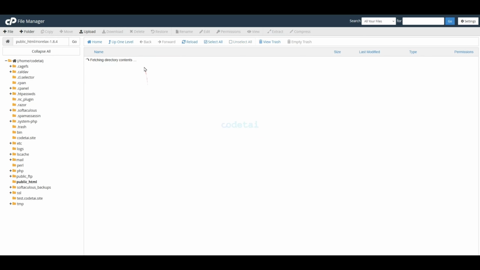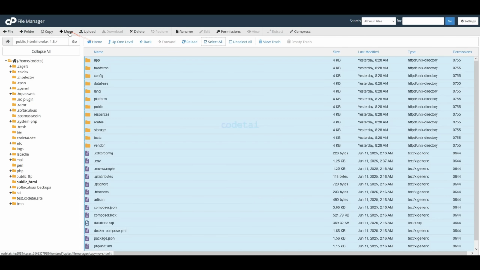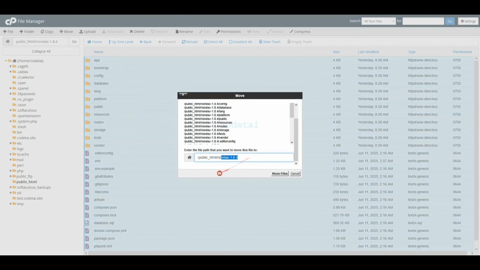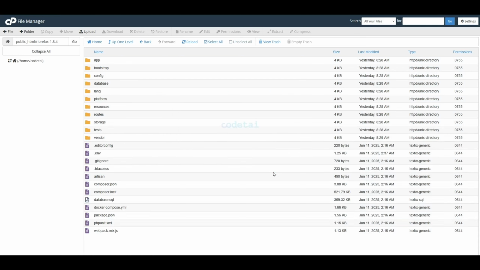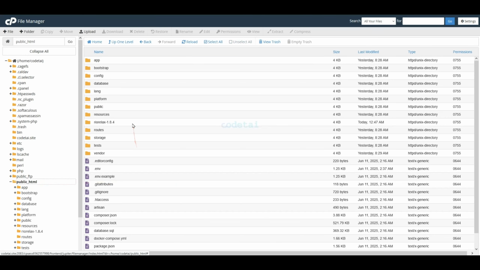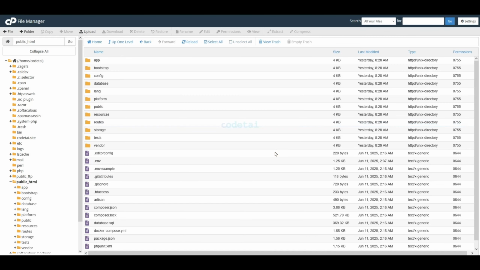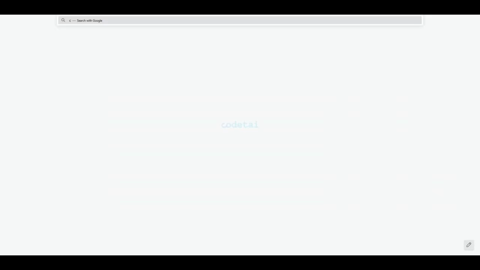Now we will submit all these files to the public HTML folder. Then we will delete this folder. Now we will search by typing our domain in the browser.